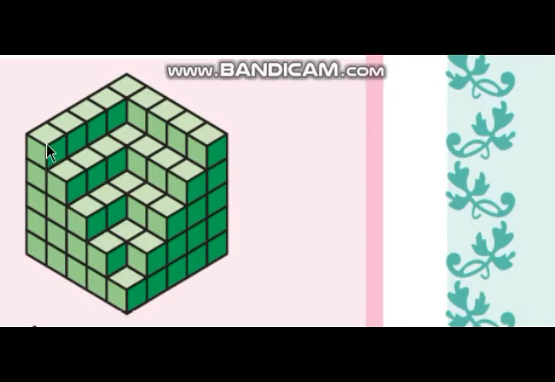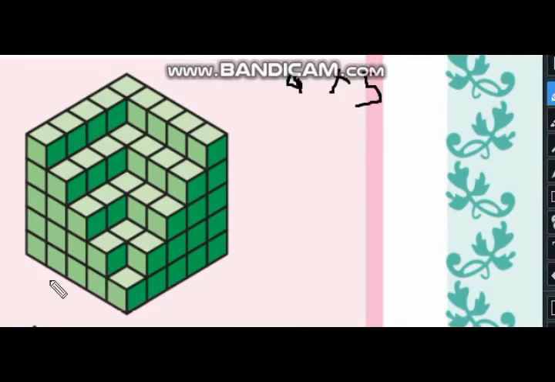So here you can see how many total cubes are there vertically: 1, 2, 3, 4, 5, and horizontally 1, 2, 3, 4, 5, 6, 7, 8, 9. So 9 into 5. Then in the second column 1, 2, 3, 4, and horizontally 1, 2, 3, 4, 5, 6, 7. So 4 into 7.